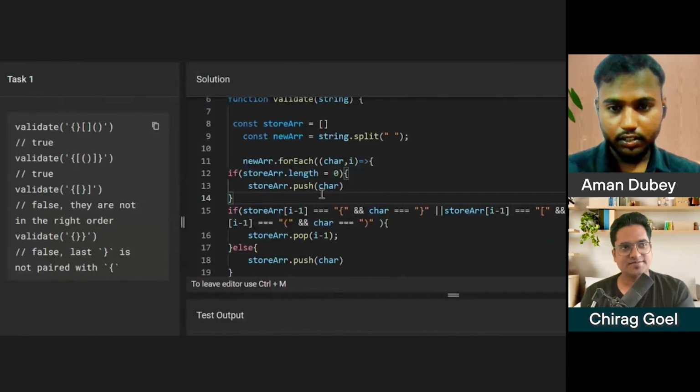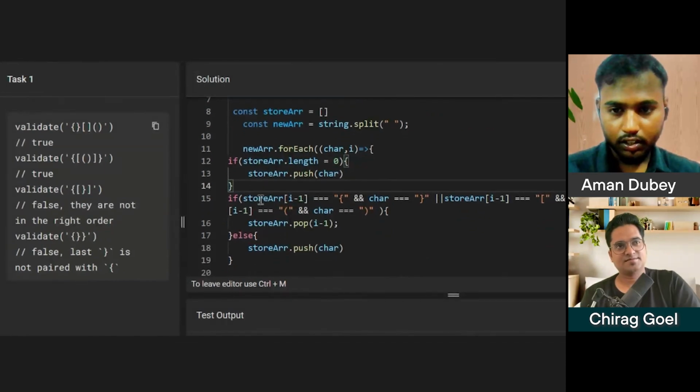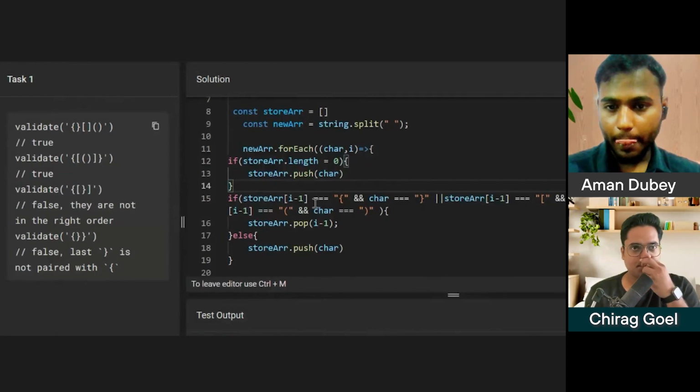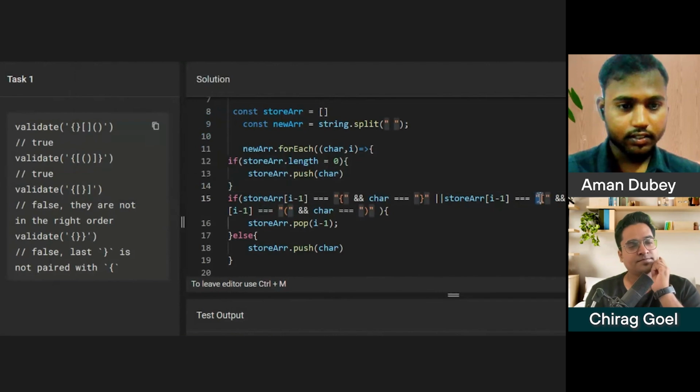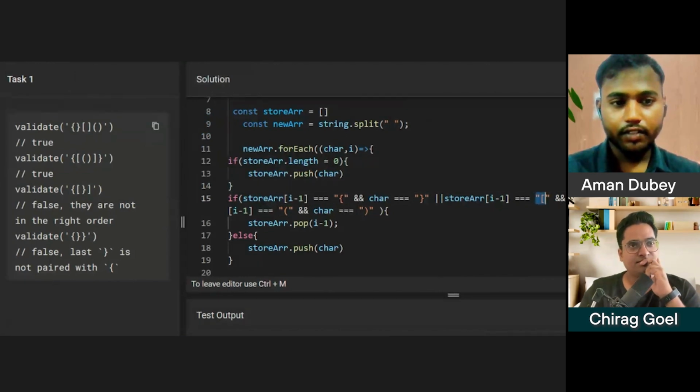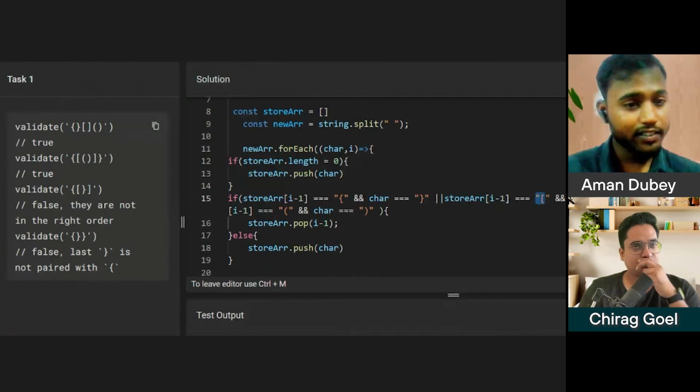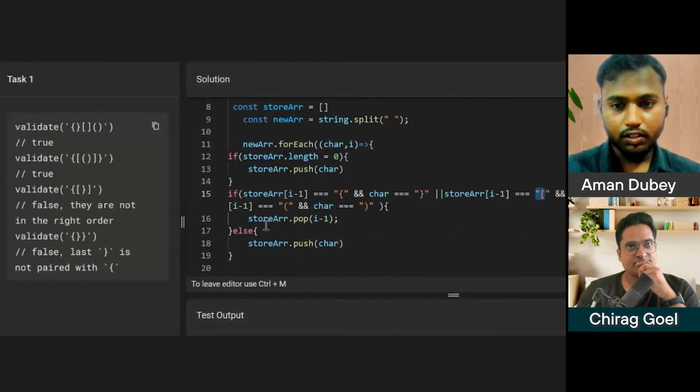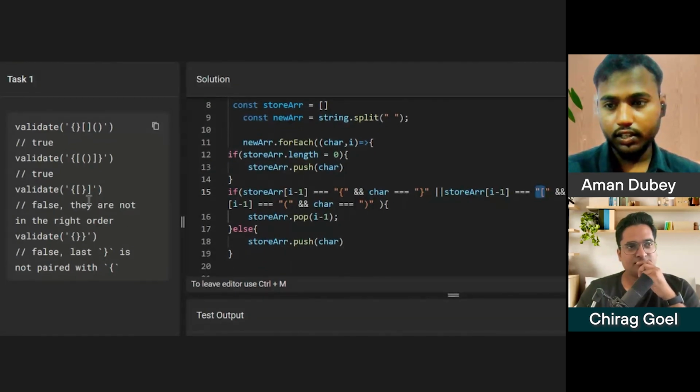This will not work if the current character is a closed square bracket. No, it is curly braces, so this will not pop, this will store the character.